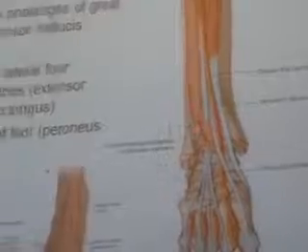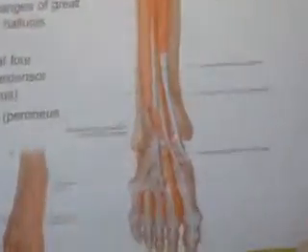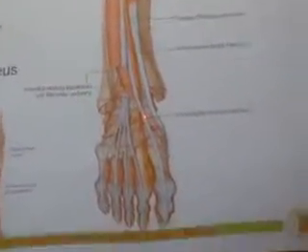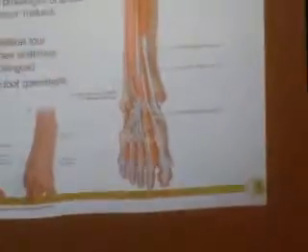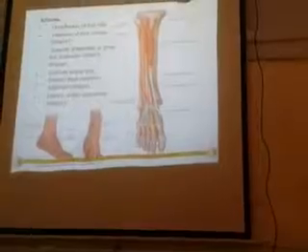So this is the anterior. On the posterior we have the posterior tibial artery. So both are coming down, and they have a very important feature. When they come down, this is called the dorsalis pedis artery. So whenever you are palpating the arteries, one of the arteries which you feel on the dorsum of the foot is the dorsalis pedis artery.